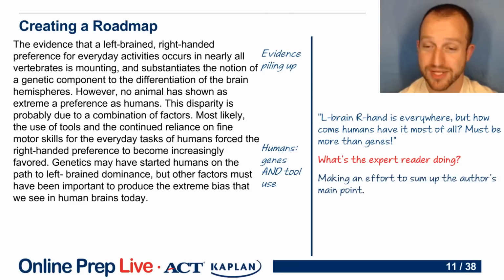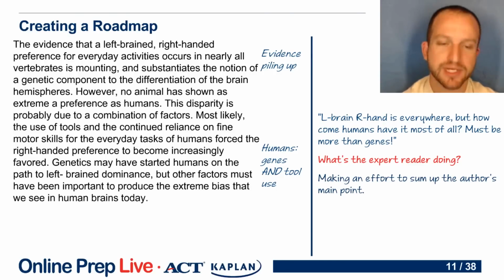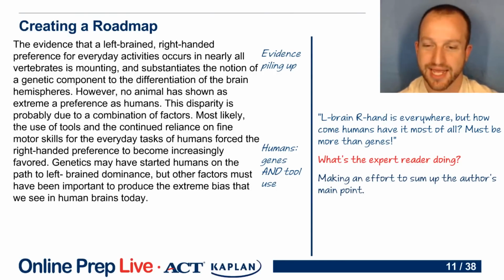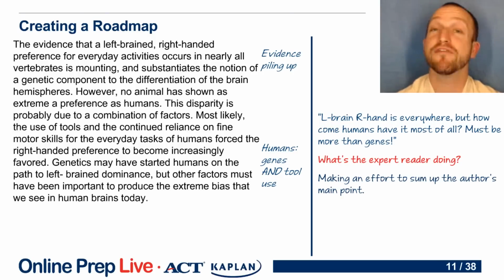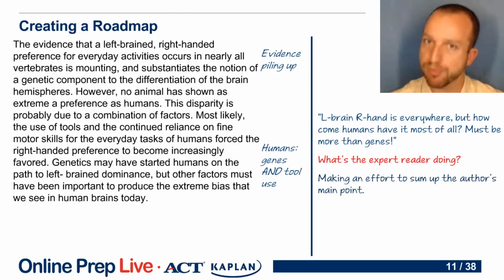Cool, and I see a few answers coming through here that I like. A couple people mentioning that this is brain development. Brain development in humans seems more to be right-handedness. And Portia, nicely done. Bias for right hand, left brain. I love that, because even though the author mostly used the term right-handedness consistently throughout, remember the original premise is